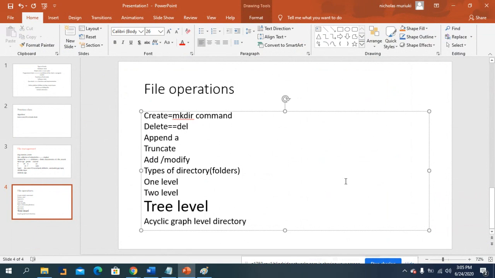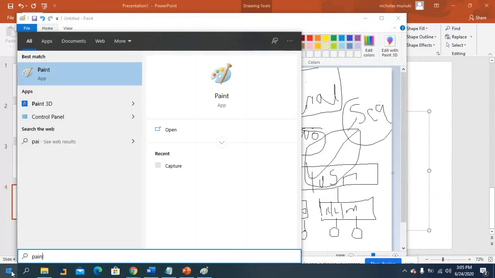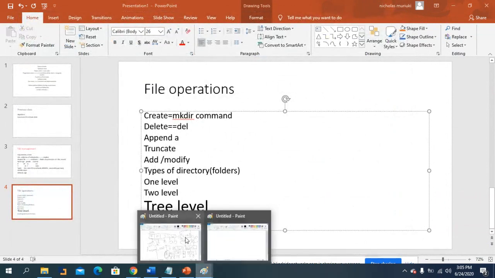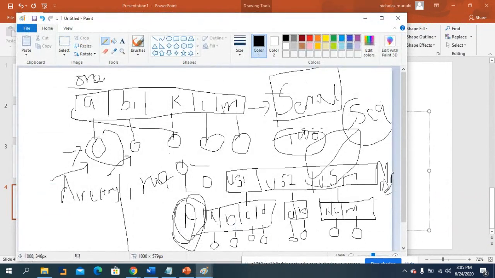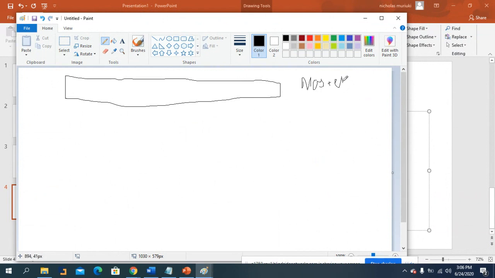In this ThreeLevel Directory, I want to use another notepad, Paint. I don't want to close that. If you use a ThreeLevel Directory, we create what you call the master directory. This is the master. In the same case, we can now allow the master directory. So we are having a master file, because when you come to a ThreeLevel directory, we allow these files